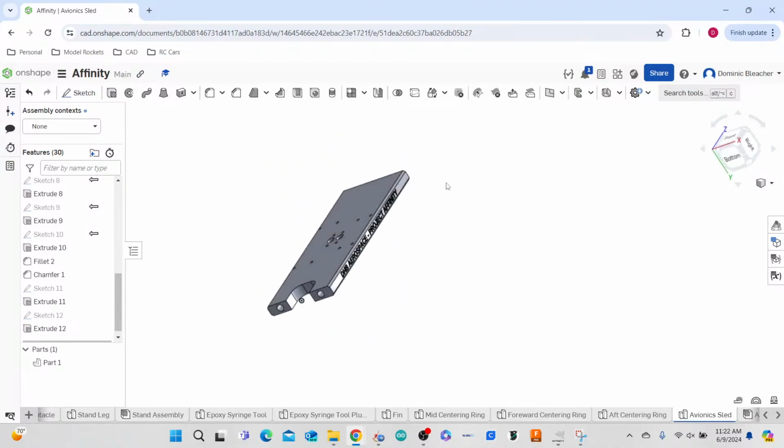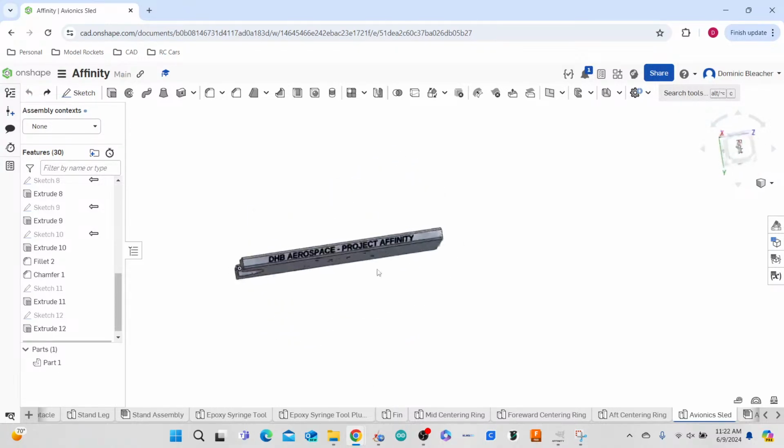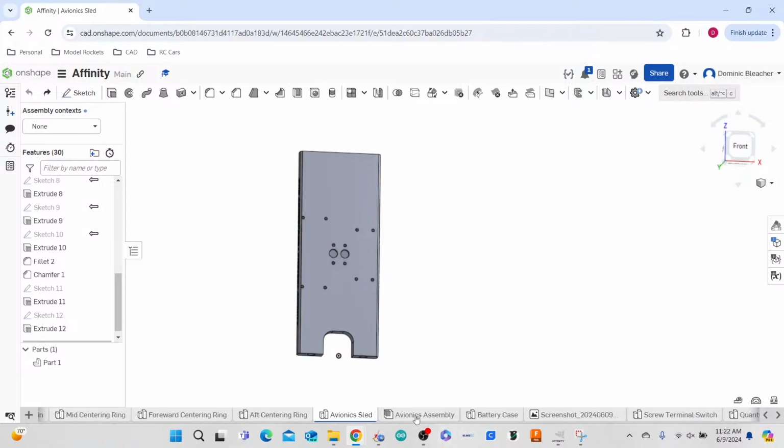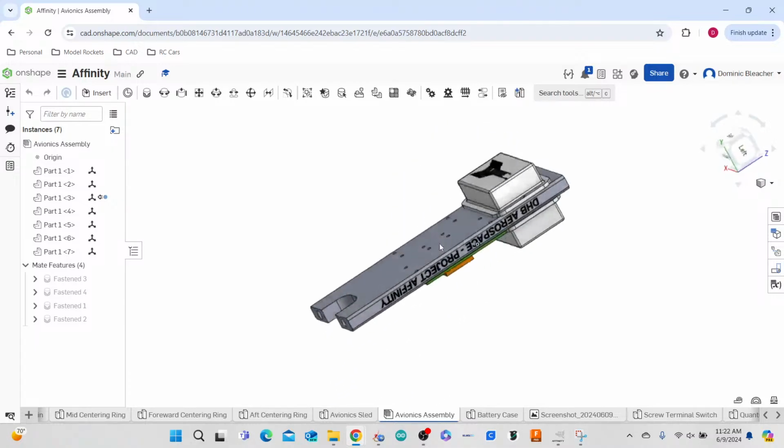Let's see. Yeah, we're gonna do the transform. I think it looked better before I transformed it. All right. Anyway, so now we're gonna go back to the OB assembly,